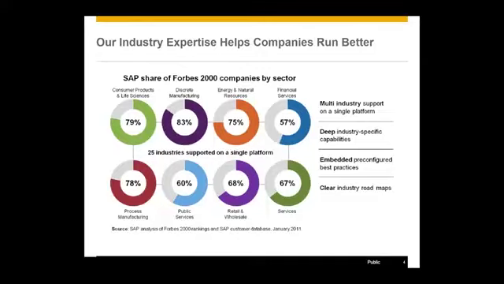In discrete manufacturing, you can see the percentage is much higher, almost 83%, along with energy and natural gases and financial services. But coming back to the process industry, which is typically our chemical and pharma, we are the most dominant player in the world, providing our solutions end to end.